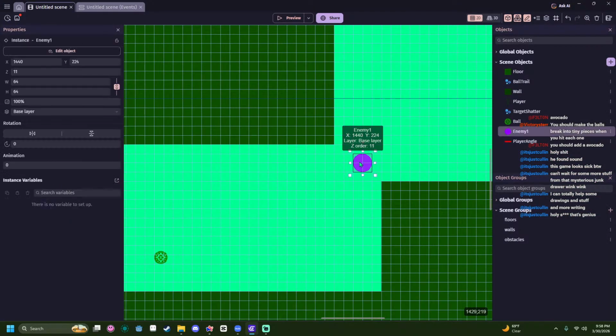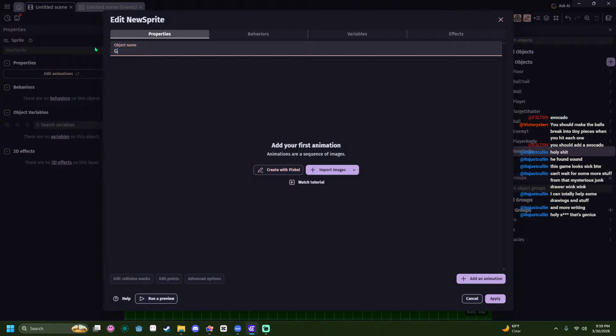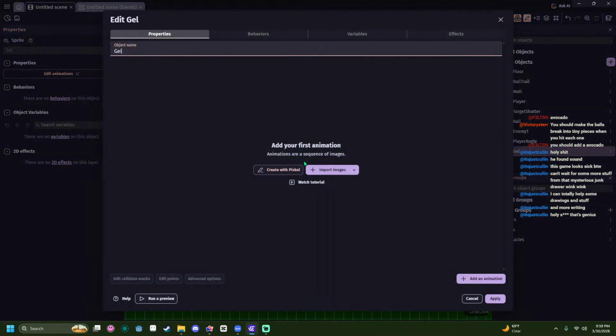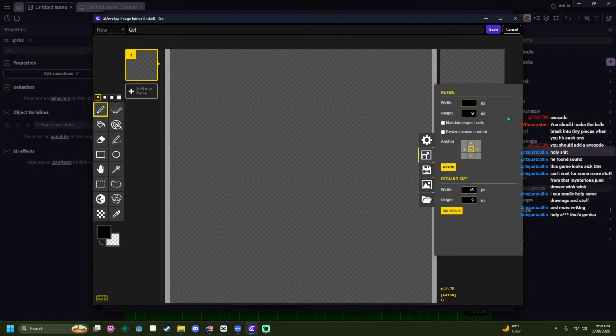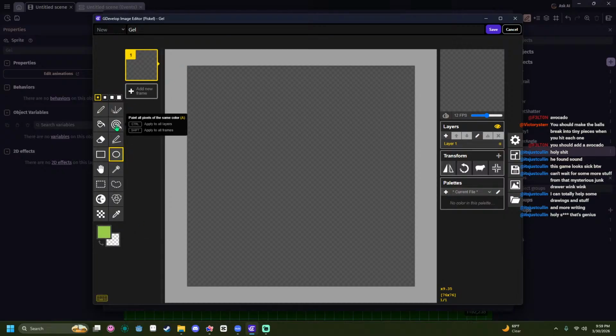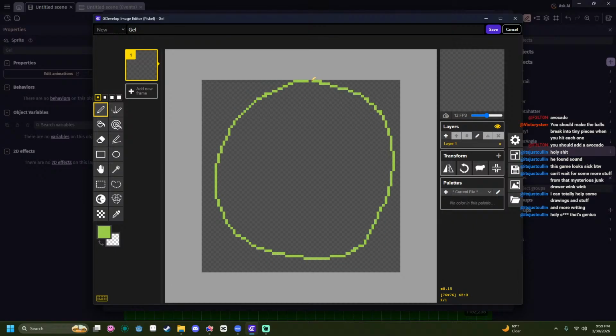Oh, you know what? Instead of a target here, I have an idea. Call this gel. Also, before we mess with this, let's save. Okay, so this is gonna be big, 75 by 75, or do 76 to get an even number. Bam. This is gonna be more yellowish, like that. And it's gonna be like a pour. Let's try to draw our own circle, right? Like that.